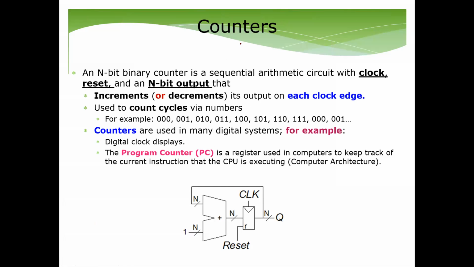Of course, a counter is a sequential circuit, and simply what a counter does is count from a certain number to a certain number, depending on the number of bits and how you design your counter. For example, a 3-bit counter should start from 000 and end with 111. After 111, it should go back to 000. And if you check the state diagram of a counter, it's going to cycle between these values with no input. So every clock cycle, it will move from one state to the next state,